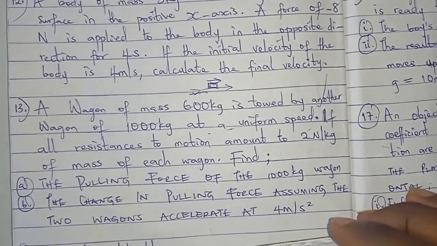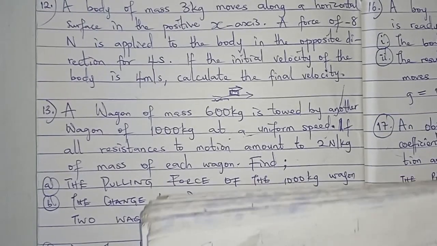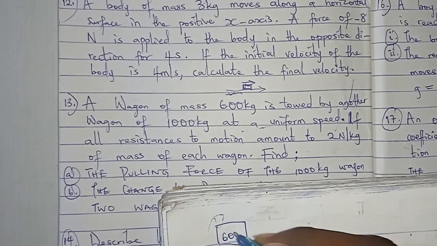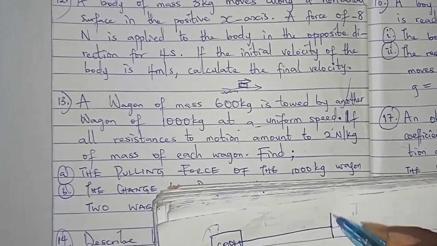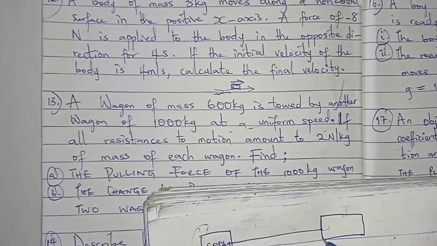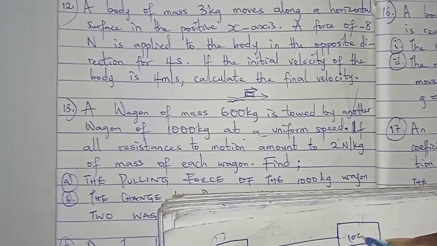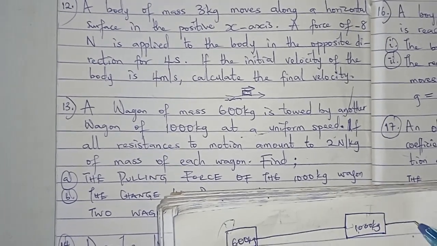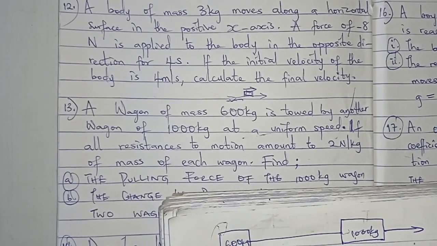So, a wagon of mass 600 kg is towed by another wagon of 1000 kg at a uniform speed. If all resistance to motion